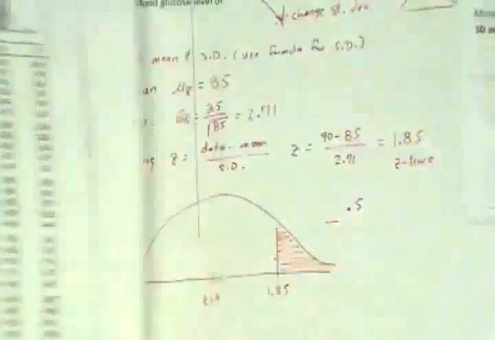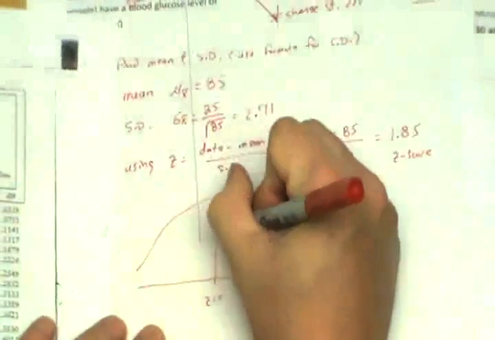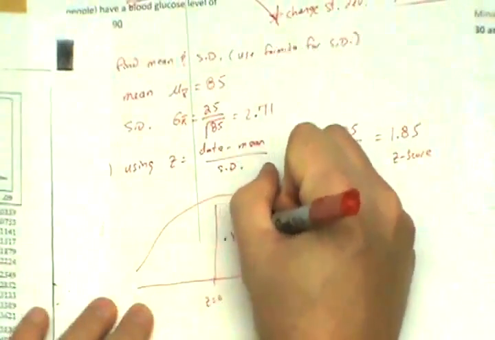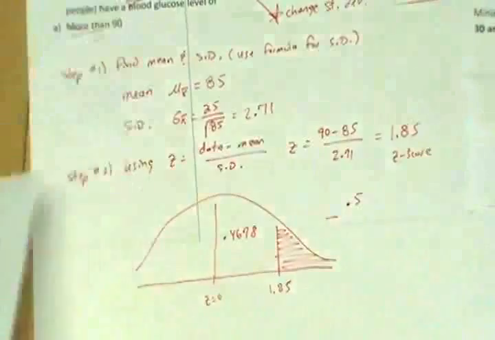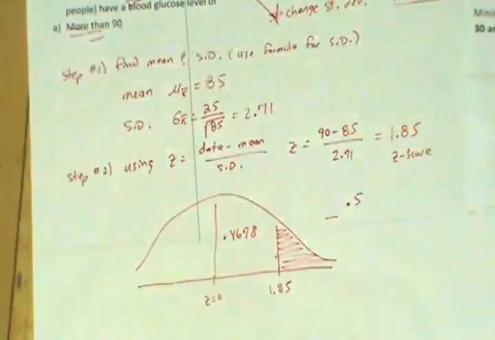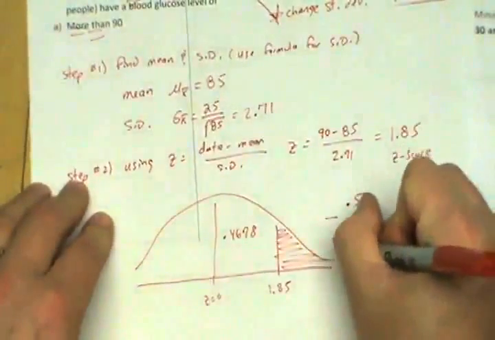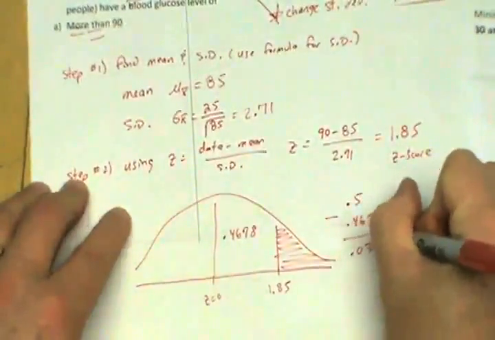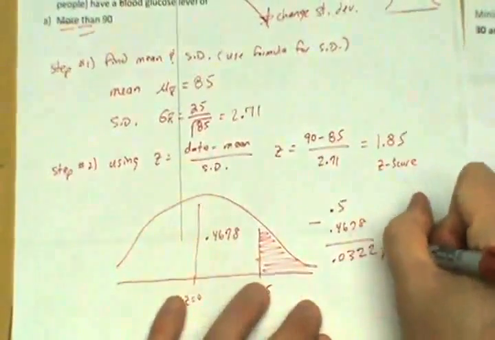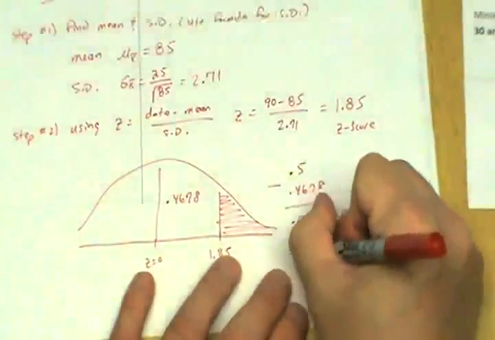Oh, that's right, 4678. That goes between 0 and 1.85. So we're going to subtract 0.4678 from 0.5, which gives 0.0322. That's the probability. And we're going to say 3.22%